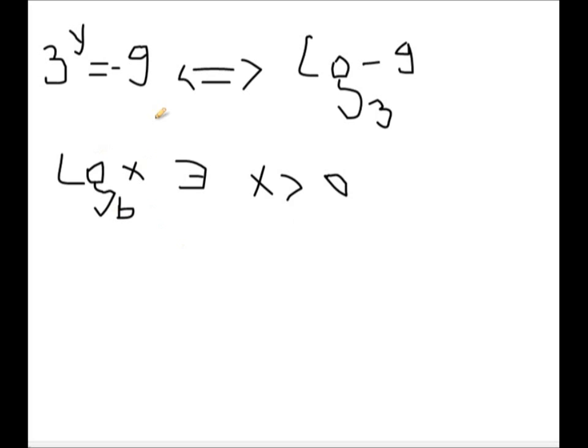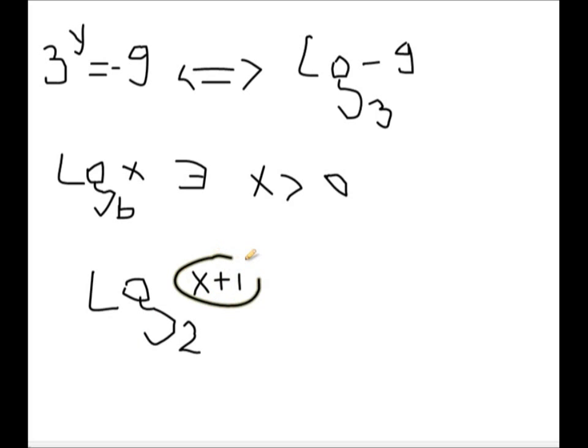So you will use this when you try to figure out the domain of a logarithm. Let's say you have the logarithm log base 2 of x plus 1. So what will you say here? You will say this whole value should be strictly superior to 0. So this logarithm exists,